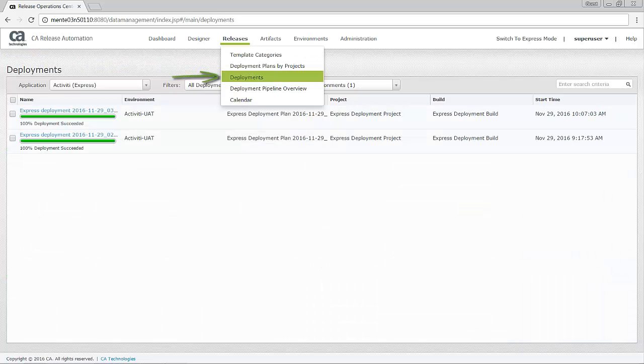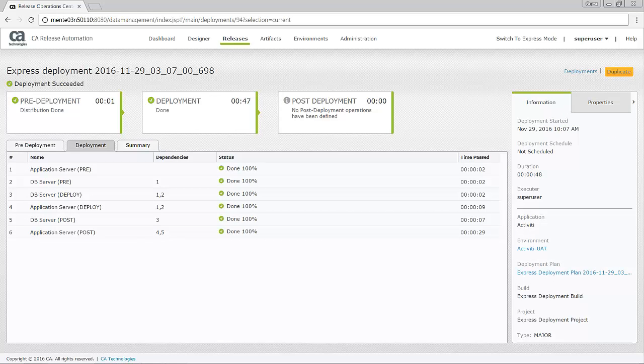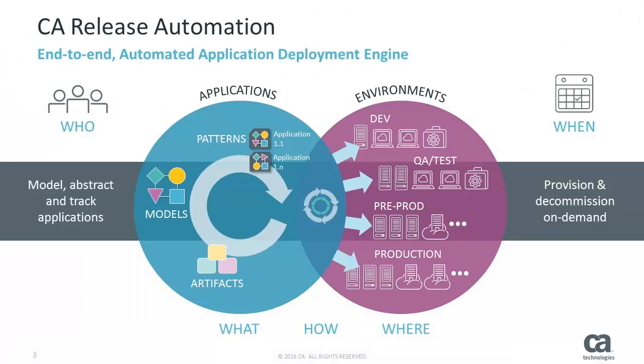Last is the Deployment page. Here we can see a list of deployments that ran in the system and their status. You can drill down to view the status of every deployment step, which is particularly helpful if you are troubleshooting issues. Well, that's it. Of course, CA Release Automation capabilities are much more extensive, and we have covered